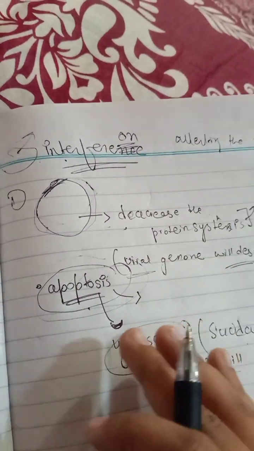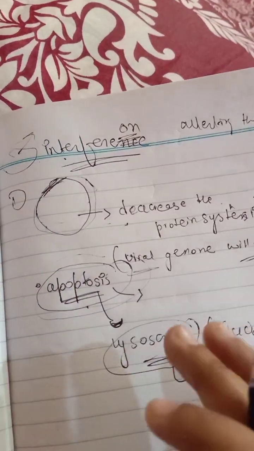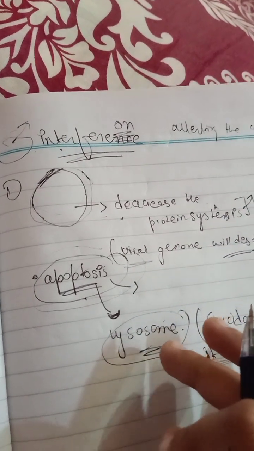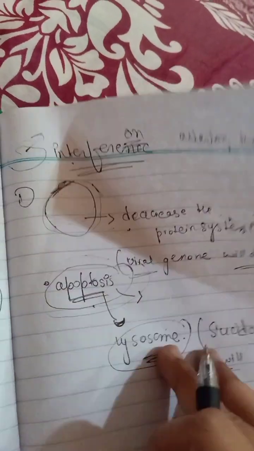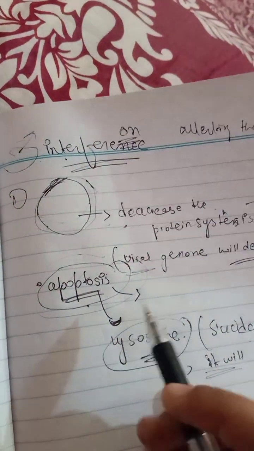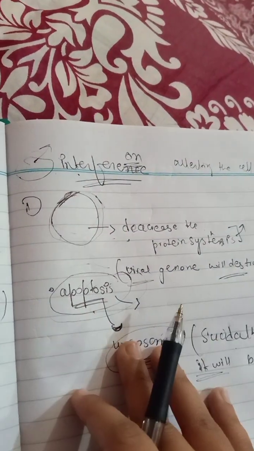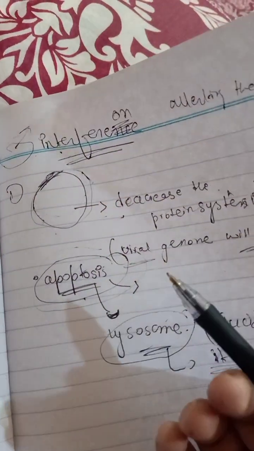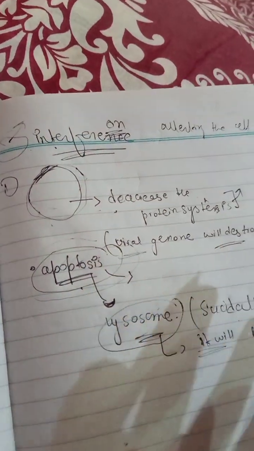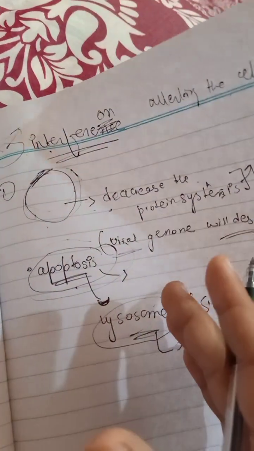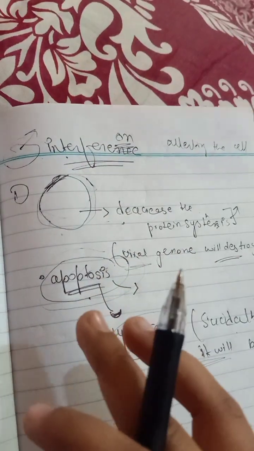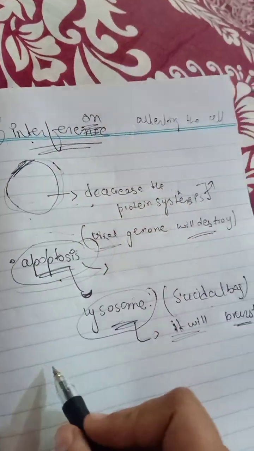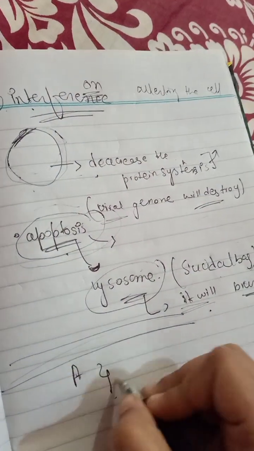So that the virus cannot replicate, their genome will get destroyed if the virus is attacking the different cells. And the cell can do apoptosis to help the different cells so that they do not get any kind of pathogen. The cells have the lysosome, which is the suicidal bag, and if it bursts, the cell will commit suicide. That is the cell doing apoptosis to help the different cells not get any kind of pathogen. So we have types of interferon, A and B.